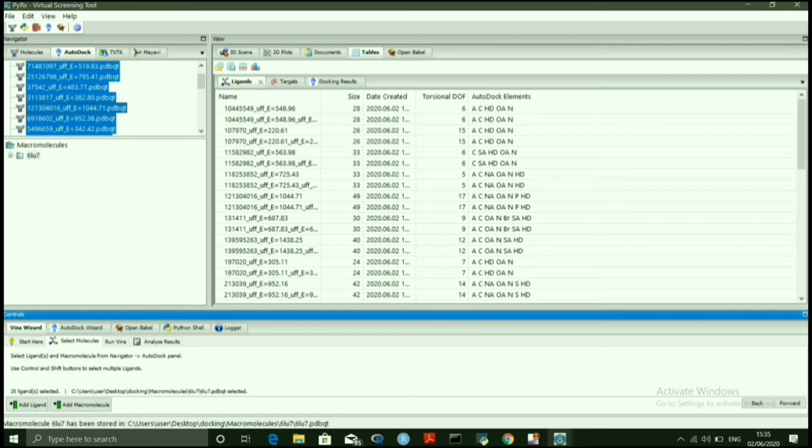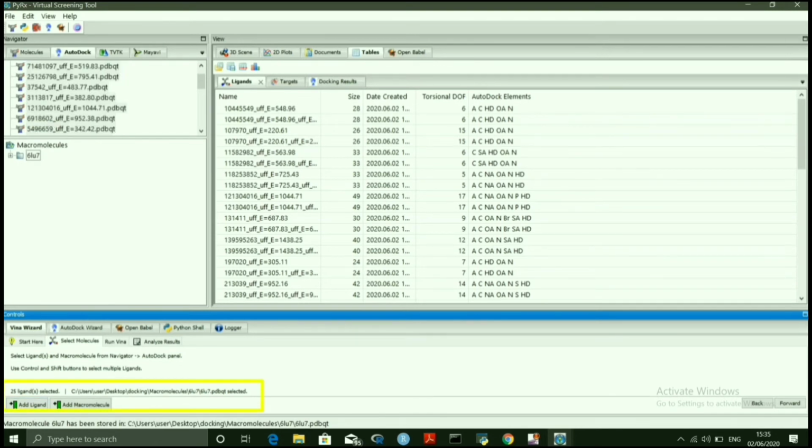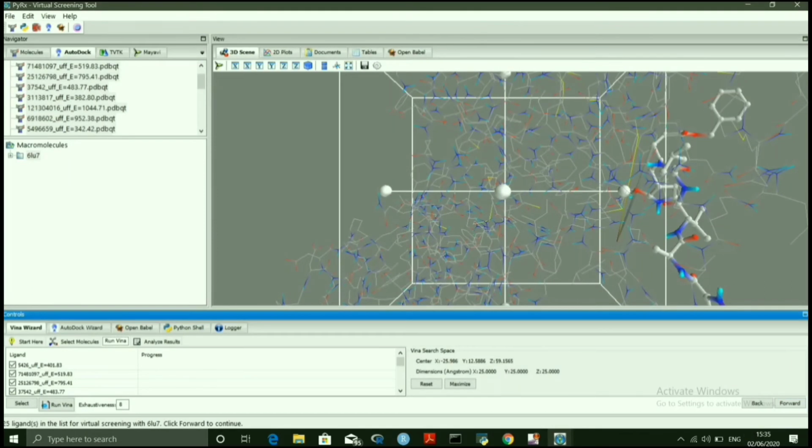After selecting ligands, at the bottom of the screen, you can confirm your selection. After confirming, click on forward.